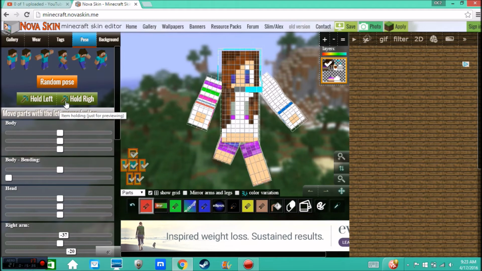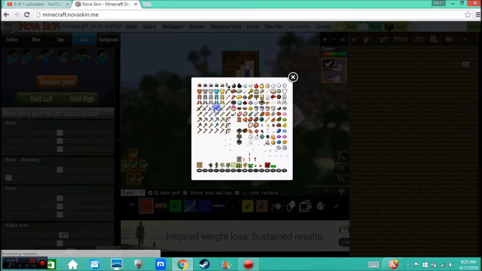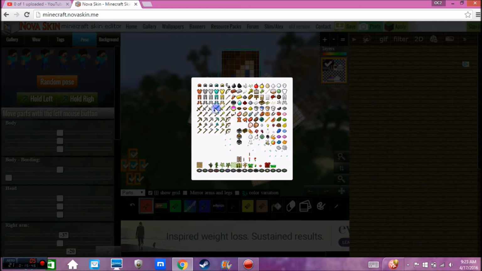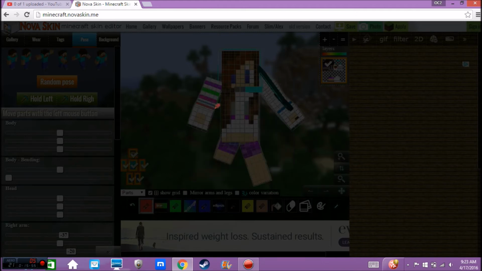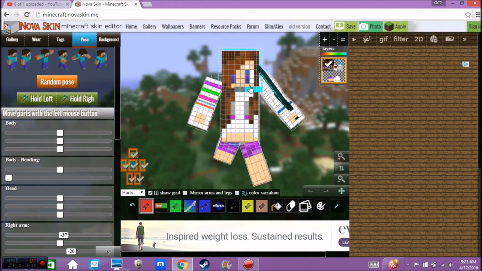Let's say in my left hand I wanted to hold a sword. Again, this is not best for 3D modeling, however it is a free way. You would just click on whatever item you wanted. I'm just going to use a sword because it's probably one of the most used ones, but you can't put armor on your character, so I'm sorry for that. Again, as you can see, not the best. Anyway, you want to make sure that this